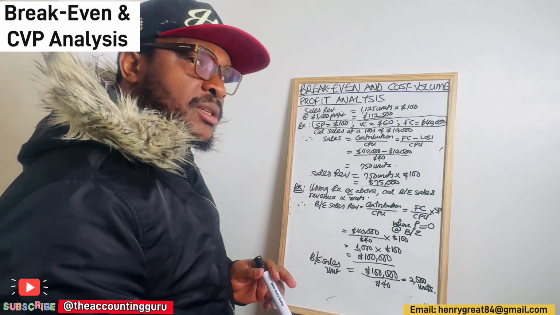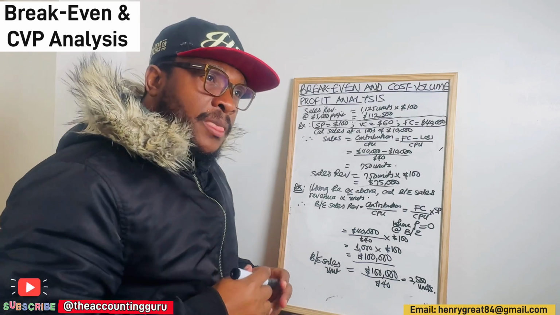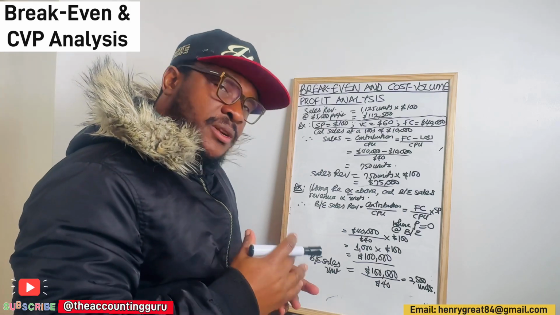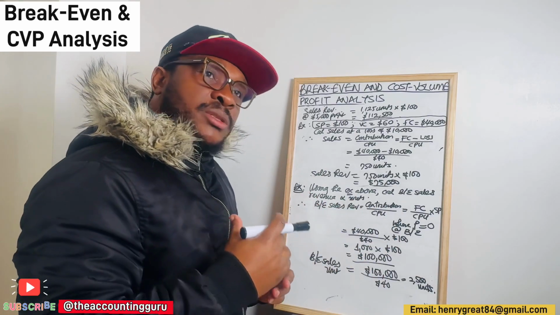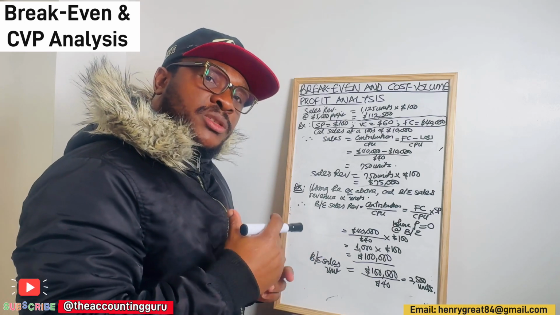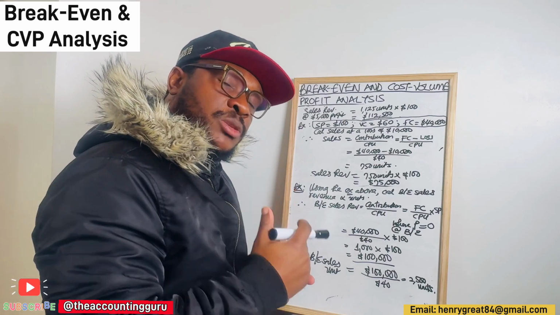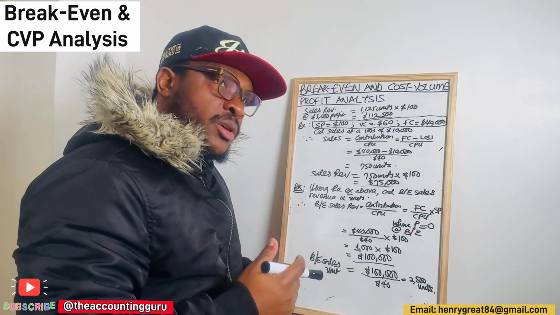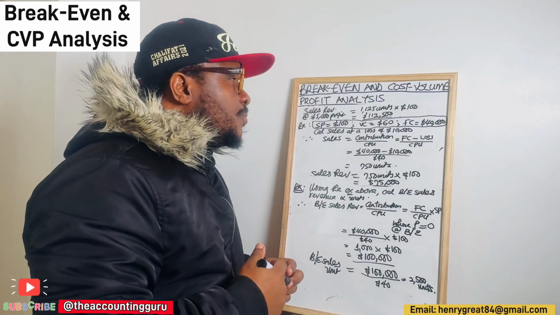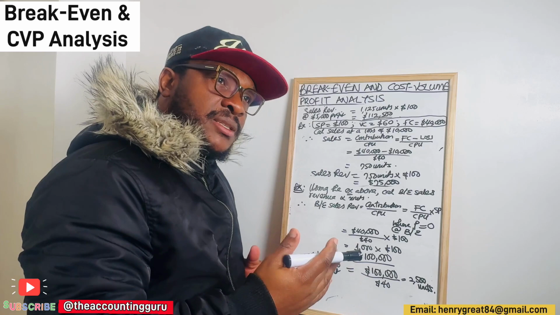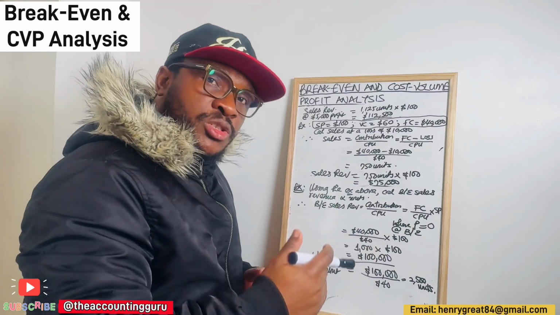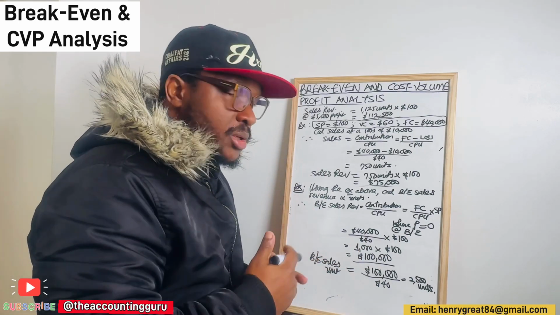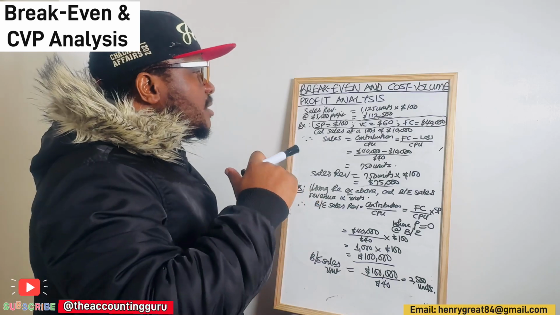Before I move to the next concept, I want to demonstrate with an example, at different sales levels, how sales revenue, contribution and variable cost would be reacting. In the previous video, we did say that units sold affect positively sales revenue, contribution and variable cost, right? So in this next example, we want to demonstrate that. But before we go right ahead, it's important we look at